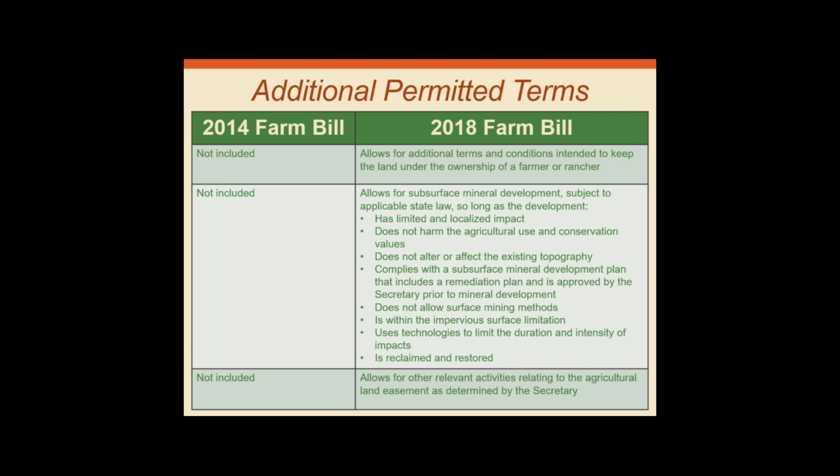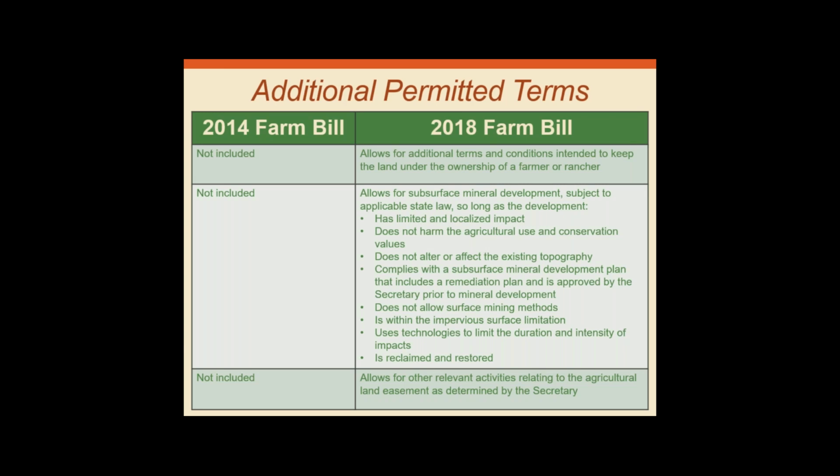And in the explanatory statement, these are the examples of the option to purchase at agricultural value or preemptive purchase right, as it's known in some places. Those are specifically called out. In addition, there is some language in here that talks about instances when subsurface mineral development would be an additional permitted term. It's subject to applicable state law, and you'll notice that the first bullets may sound sort of familiar